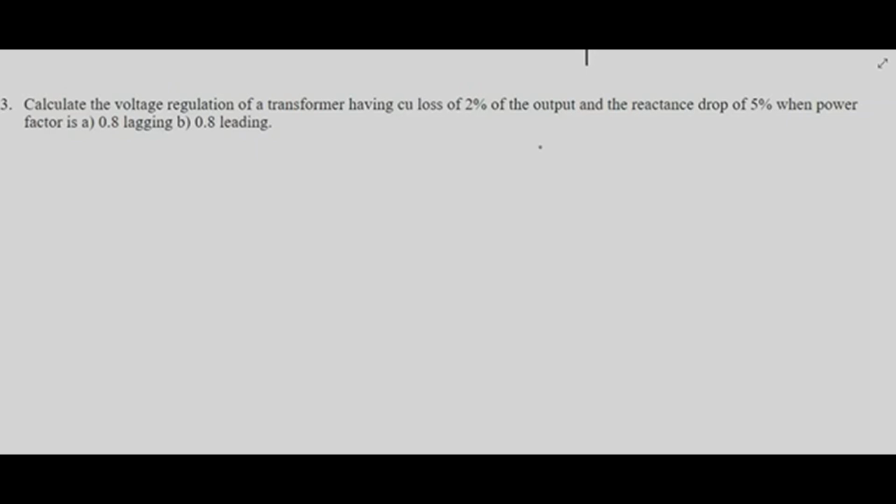Calculate the voltage regulation of the transformer having copper loss of 2% of the output and reactance drop of 5% when power factor is 0.8 lagging and 0.8 leading. Simply, students, we have studied one formula for the regulation in terms of the percentage drop. Percentage regulation is equal to I1 RT1 cos phi plus or minus I1 XT1